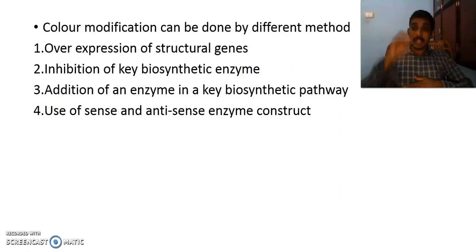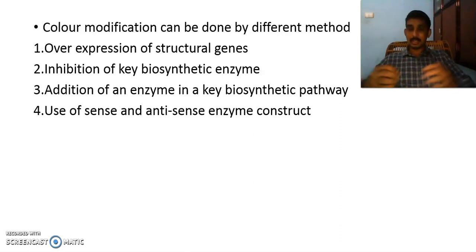If we inhibit any of the 6 enzymes which I already explained here, we are able to create a transgenic plant. If I inhibit any of the biosynthetic enzymes, that leads to the prevention of the whole biosynthetic pathway, so that leads to some favorable flower color. Like that, if we add any extra enzyme into the biosynthetic pathway, that may change the biosynthetic pathway, which can also yield different kinds of flowers.